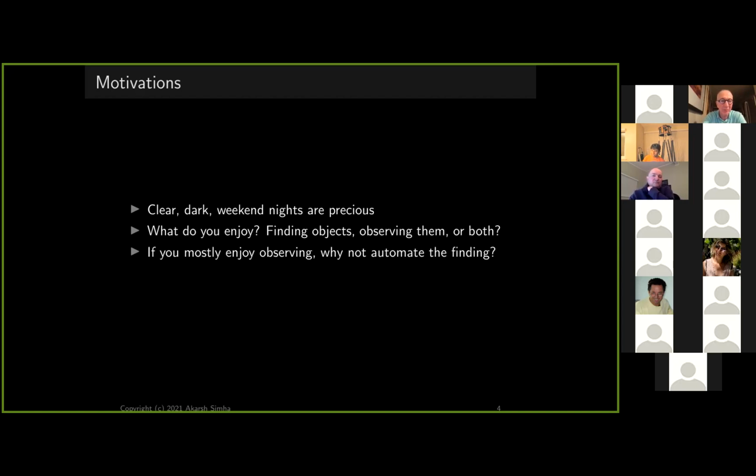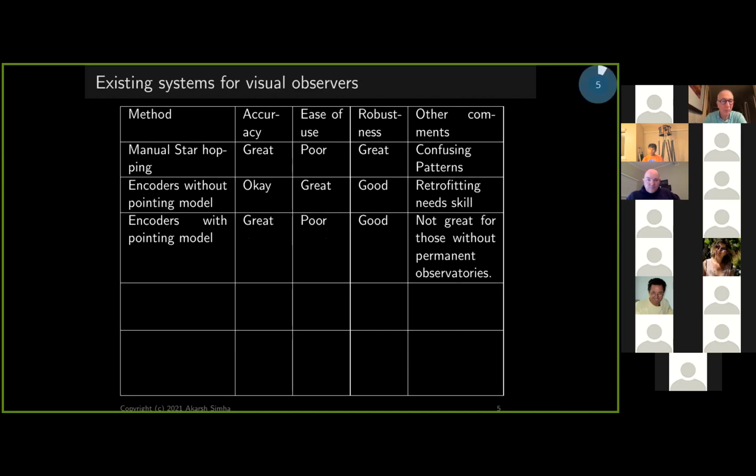And in some sense, what plate solving is giving me is a way of centering the field that I want without me looking through the finder scope and trying to figure out star patterns, but instead have the algorithms take care of that for me, right? So that's my motivation. So if you look at how most visual observers point their telescopes, they are either doing manual star hopping,